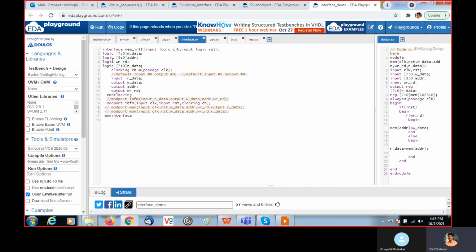Then interface, and inside that we are declaring all the signals: write data, address, write_read, and rdata as logic. Then we are writing a clocking block. This clocking block we are using for the driver, that is nothing but the BFM, bus functional model.